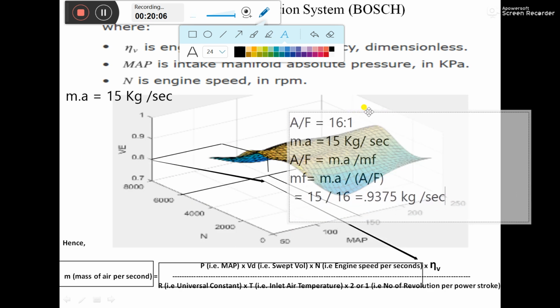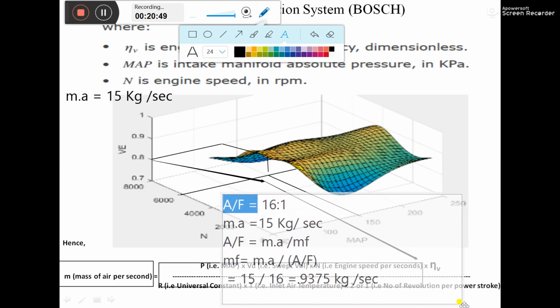We should repeat it. Initially, we need the theoretical mass of air in order to finalize the actual mass of air. First we calculate the theoretical mass of air, using the formula PV is equal to mRT. After calculating the theoretical mass of air, we calculate the mass of actual air by multiplying the theoretical mass of air with the volumetric efficiency. To get the volumetric efficiency,